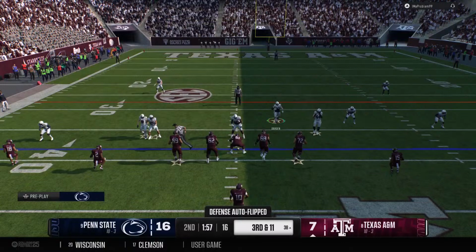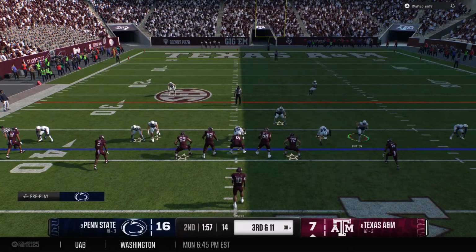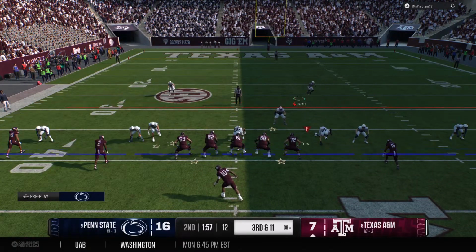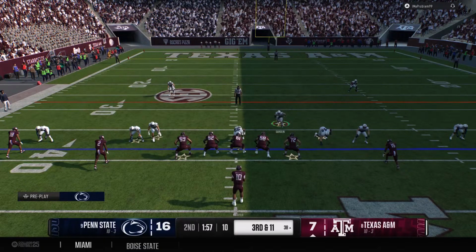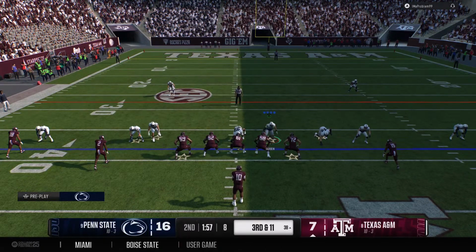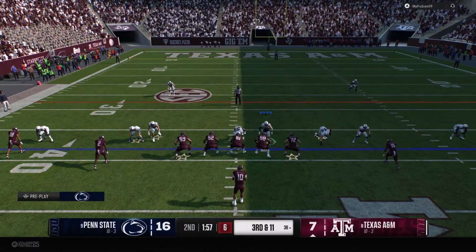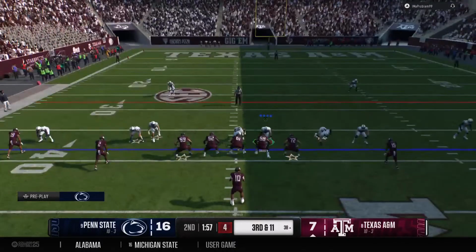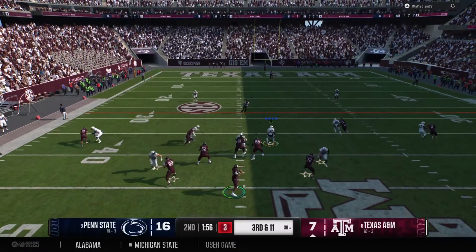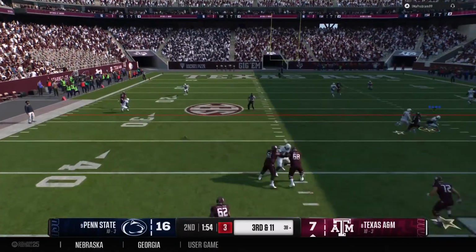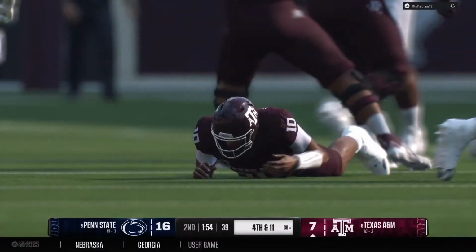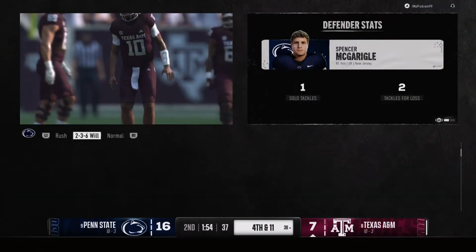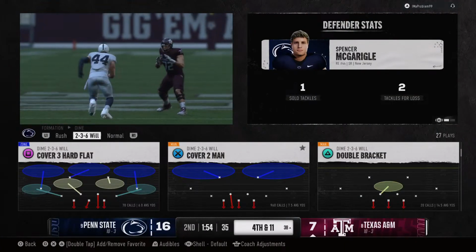Eighth play of the drive coming up, but a long way to go on third down. Looks like the QB is changing the play at the line. Drops back, needing a third down completion here. And they hit him just as he releases the ball. It's incomplete. Hey, it's an incompletion, but it's a nice job by the quarterback.